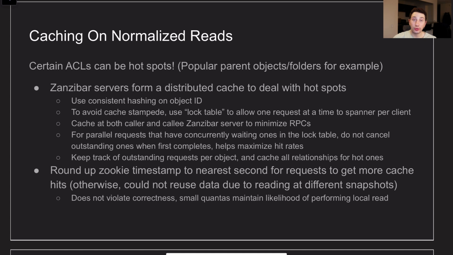Another thing that we do in Zanzibar is going to be caching in order to avoid hotspots. So basically the idea here is that certain ACL objects can be queried very, very often. I think one example that they provide is, let's say there are a bunch of documents that come up in a search index and people are querying that search index constantly. Well, maybe all of those documents are part of a parent folder, and that parent folder is now getting hit on its ACL list every single time that someone queries for any of those documents because maybe they have permissions